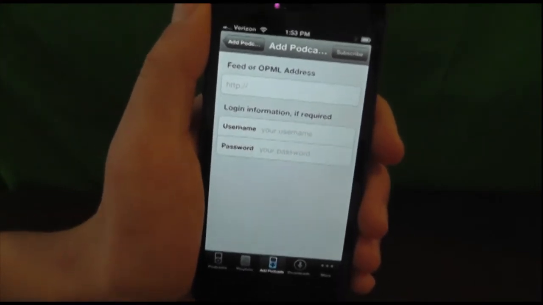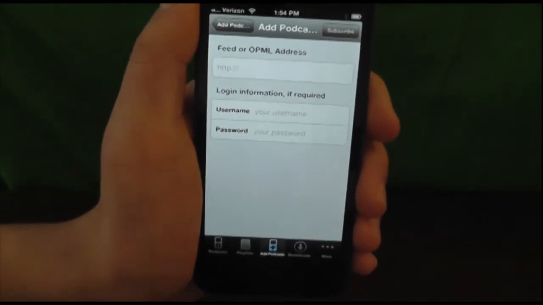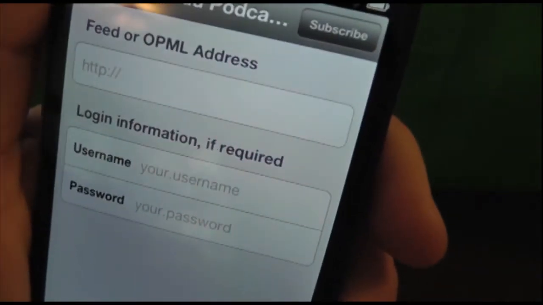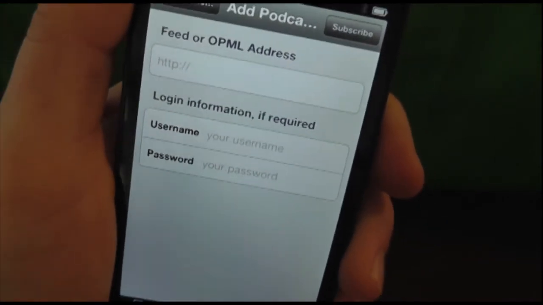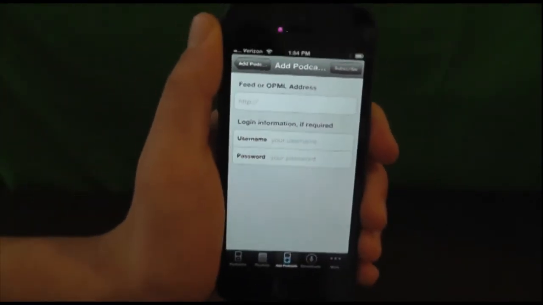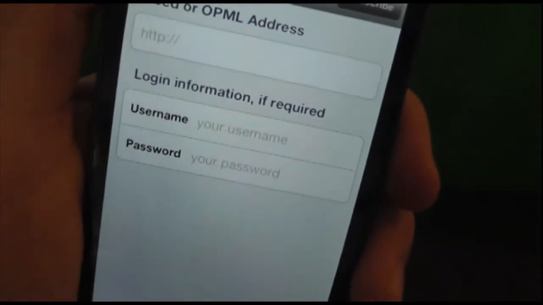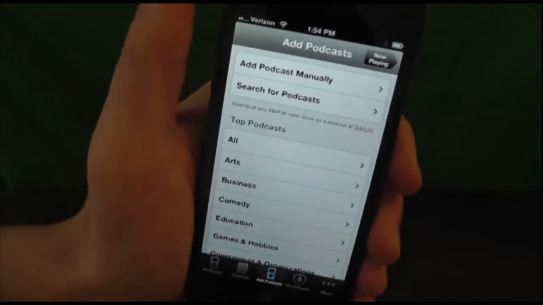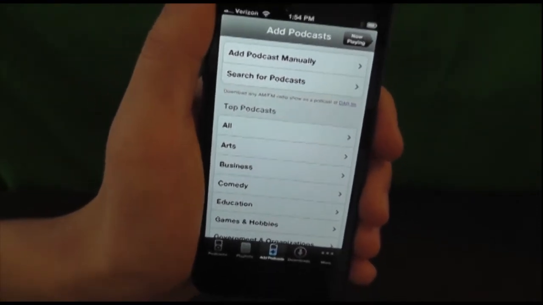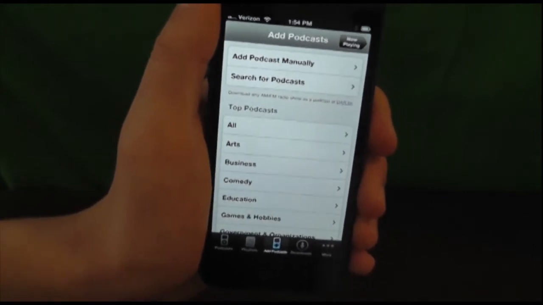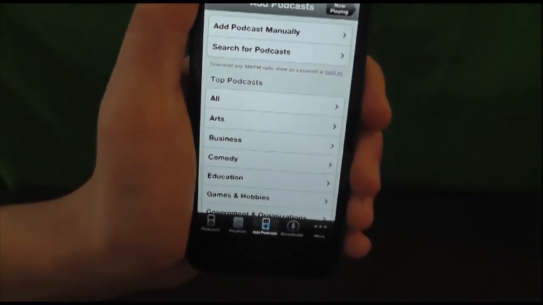So this is really cool if it's more of an independent podcast. Maybe it's not fully supported by Apple for whatever reason. You can get it in this feed right here. Now, if the feed requires a login to get it, maybe it's premium content, maybe a premium content feed that you need, you can put in your username and password and it will subscribe to it and it'll automatically input your username and password so it can get the downloads. And that's really cool. It's really cool that you can get the premium downloads right there just by importing your